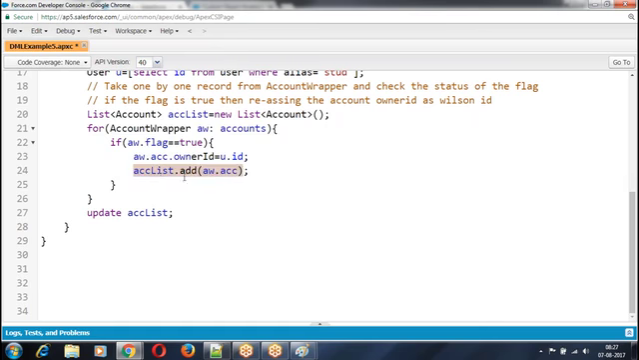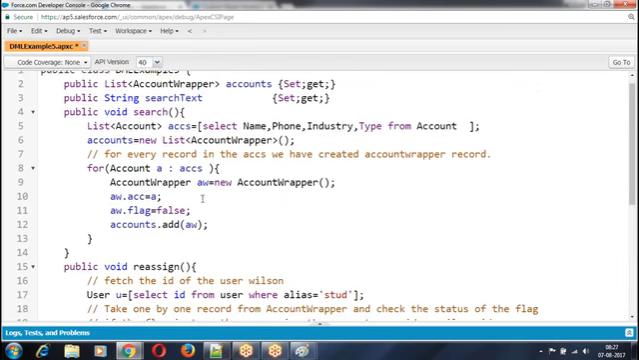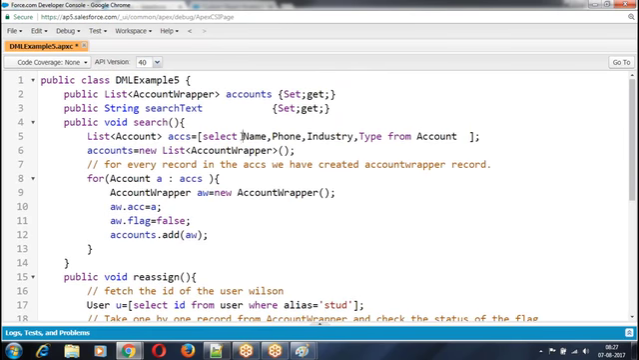Why are you adding the record to the list? Because it's not a good practice to make a DML within a for loop. So all the accounts are added to the list, and then we perform the update. Are the words clear for everyone? Now similarly,